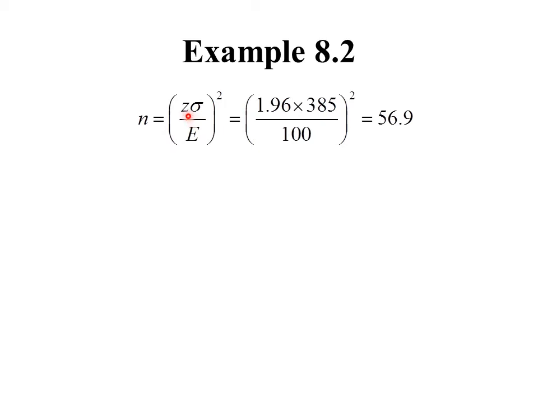Z is our critical Z value at the 95% level. It's 1.96. Sigma is 385, as we just saw. The desired margin of error was 100. We square that, we do that arithmetic, and we get about 57. So that means we would need to enroll about 57 women. Now when we calculate sample size, we always round it up,